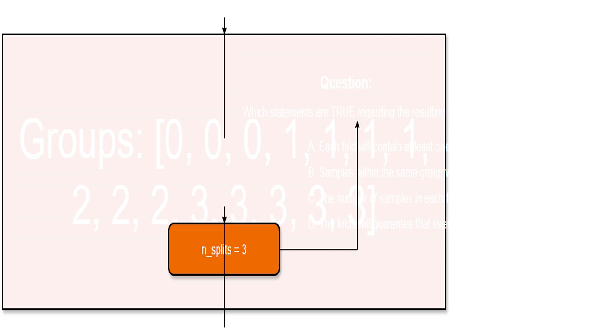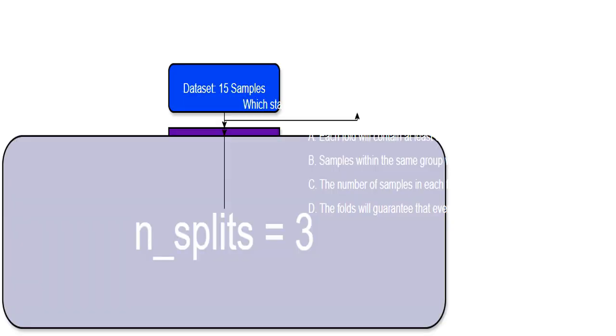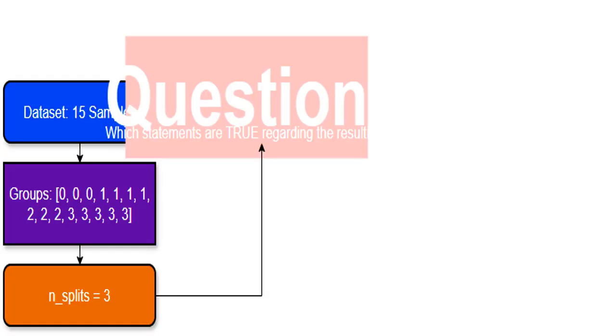These numbers represent groups. Each number signifies the group a sample belongs to. I have 4 groups in total. Group 0 has 3 samples, Group 1 has 4, Group 2 has 3, and Group 3 has 5. This grouping is important because GroupKFold keeps samples from the same group together. I'm splitting the data into 3 folds for cross-validation. This means I'll have 3 separate sets of data, 1 for testing, and 2 for training for each iteration of the process. The goal is to figure out which statements are true about how the data is split into folds